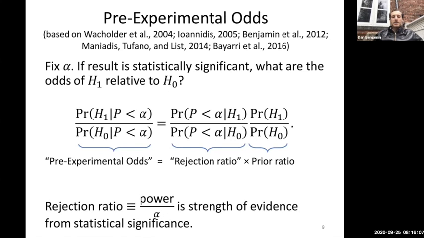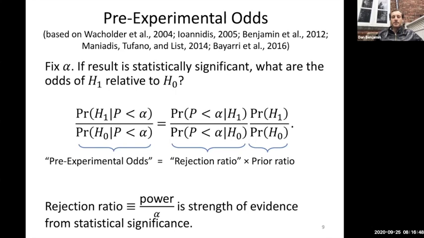And we can interpret it as the strength of evidence from statistical significance, because what this formula is telling us is whatever we came into the study thinking, whatever our prior odds were of the alternative relative to the null, the rejection ratio is how much we should update based on getting statistical significance in order to tell us what our beliefs ought to be now that we've gotten a significant result, what our posterior odds should be, given that we had a significant finding. And so how much we should update is just power divided by the significance threshold, which I'm calling the